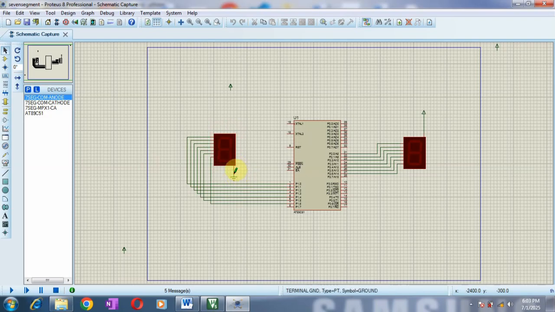So here you can see I have connected this common terminal to the ground. That's why it is a common cathode display. The controller I have taken is AT89C51, and the display which I have taken is a 7 segment common cathode and a 7 segment common anode display. You can take it from the library and you can easily draw this simple circuit.